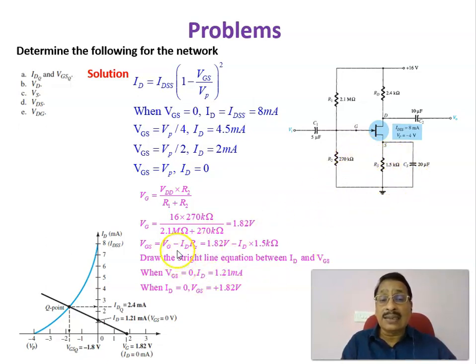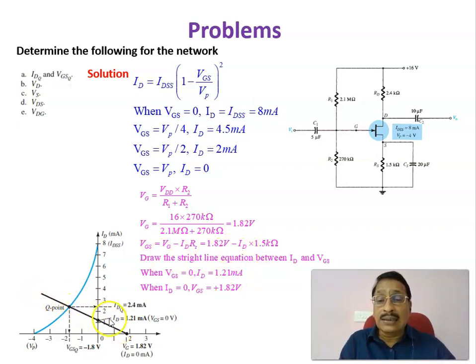This is a straight line, as you see, where if you get IG and ID, VGS and ID, this is a straight line in which, for points at different VGS, you can find out what the ID is. As an example, here VGS equals VG minus ID into RS, or VG equals 1.82 volt minus ID into RS, with RS equal to 1.5 kilo ohms. For different values of VGS, you can calculate what the ID is, and then you can